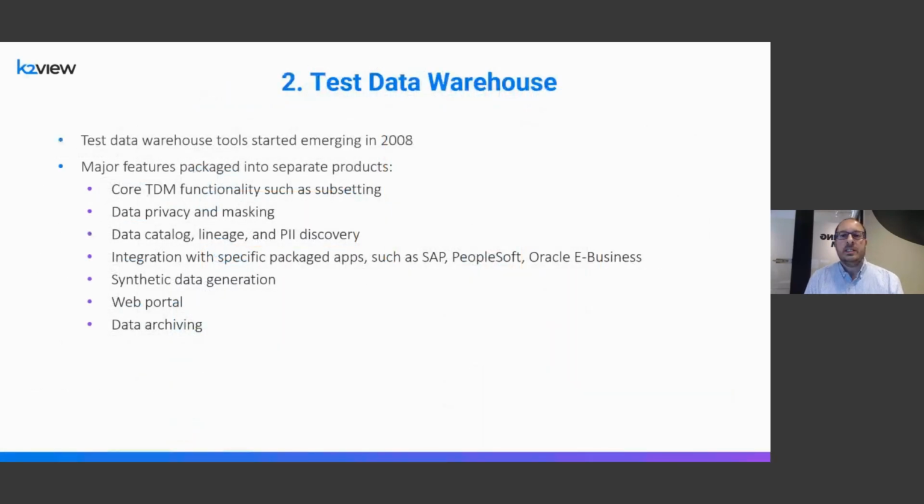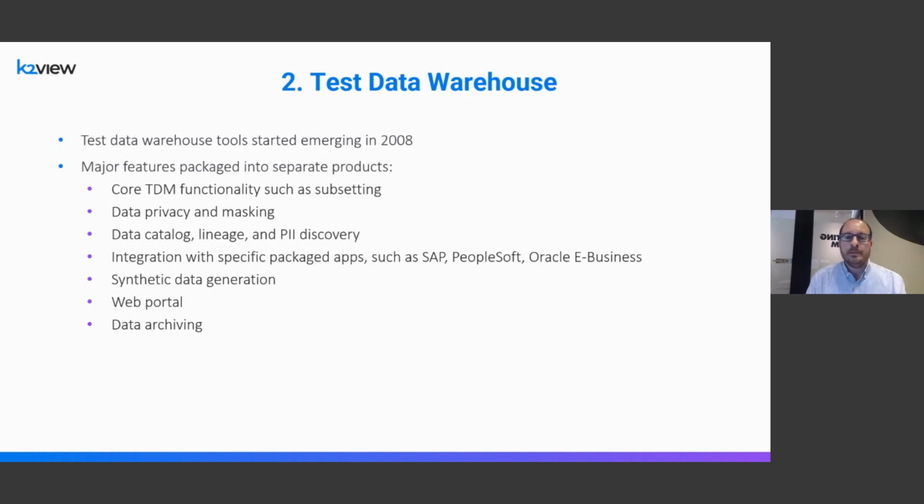The second approach is the test data warehouse approach. It was pioneered by ETL vendors such as IBM Optim and CA, now CA Broadcom, Informatica. It started in 2008, where these ETL vendors took an ETL approach to TDM, where they created a centralized data store. And the advantage here, as I mentioned, is that all the data is in one place. And they built a layer of features and functionality on top of this test data store that QA teams need. For example, version control. For example, subsetting, which is very important. Instead of copying terabytes of data into a staging environment, a subset of data, which is all that's needed most of the time, which has a much smaller footprint and has exactly the characteristics that's needed, can be provisioned